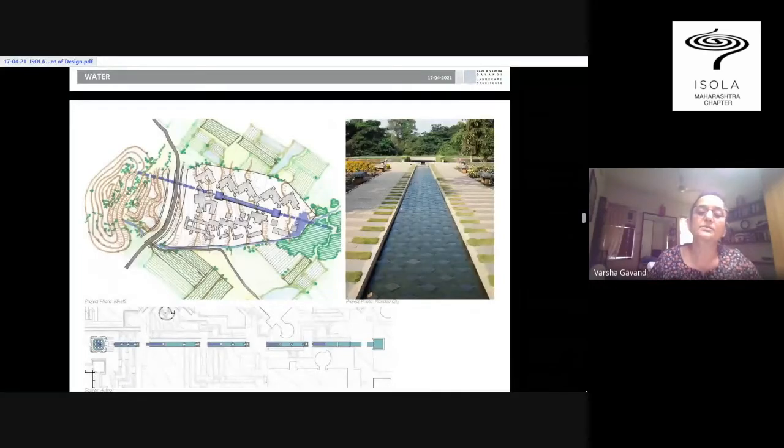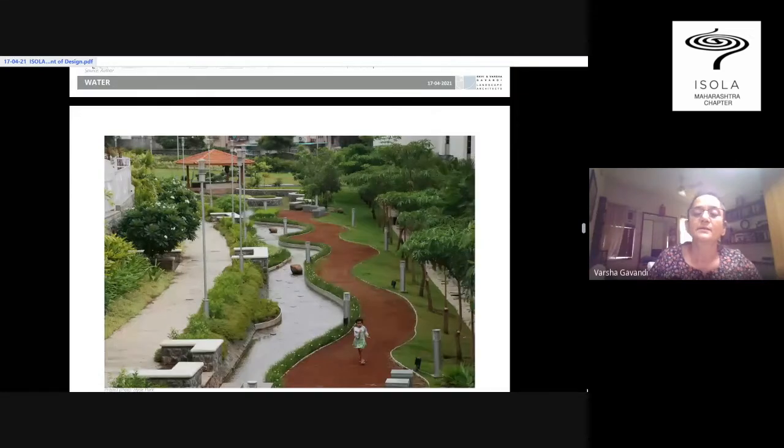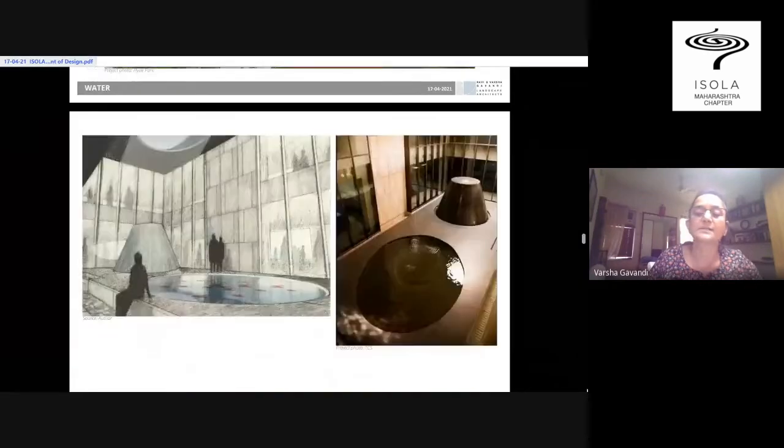As a connector, the whole landscape revolves around water and a multi-purpose water channel, which symbolically connects one element with the other. And it also carries storm water to be stored and harvested in a pond at the lowermost point. So space being linear, it is a linear element along which the entire development is focused, one can say.